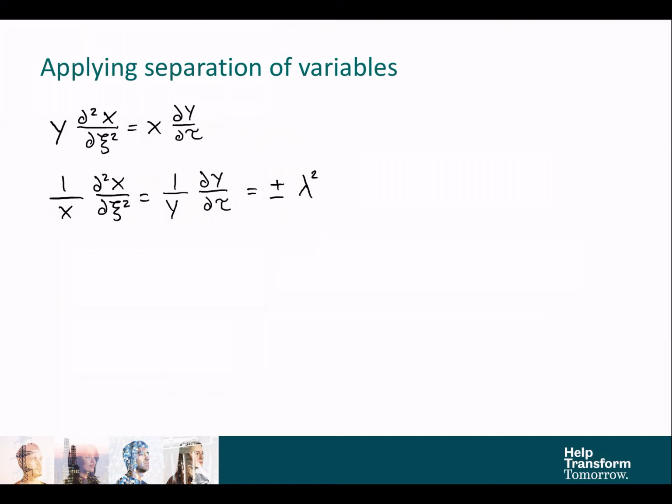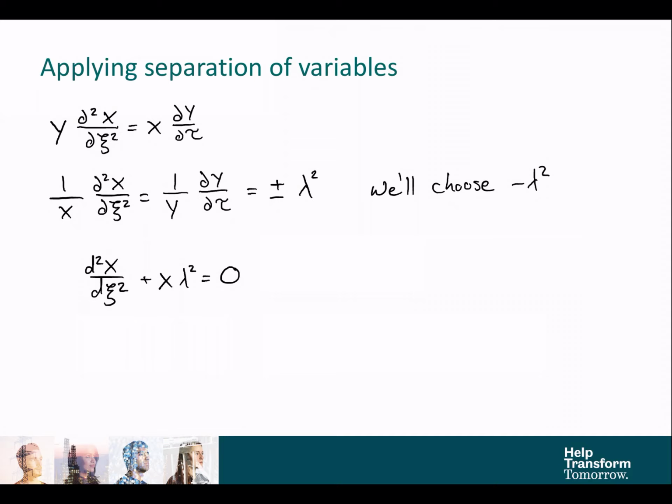And we know that in order for this to be true, we need these two sides of the equation to equal a constant. We call that constant lambda squared, and it can be positive or negative. In this instance, we'll define it as negative so that when we pull it over to the opposite side, it's positive. So if we do that, we can separate out our first ordinary differential equation, and it's a second order equation